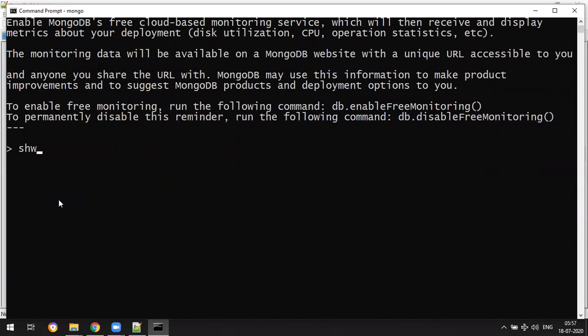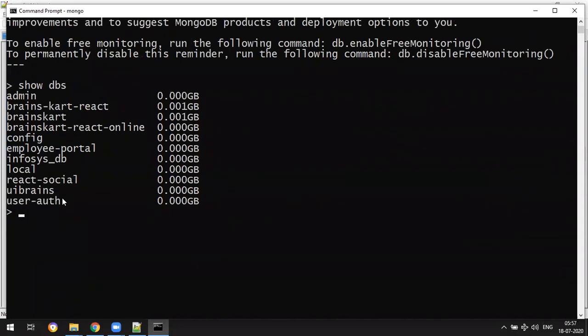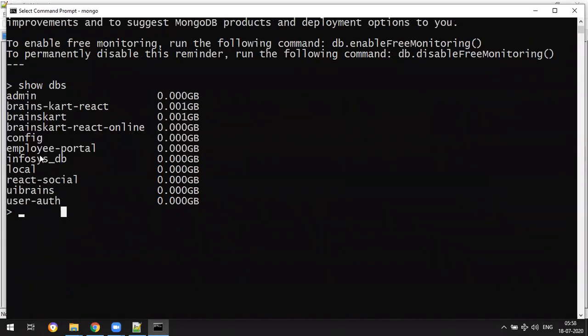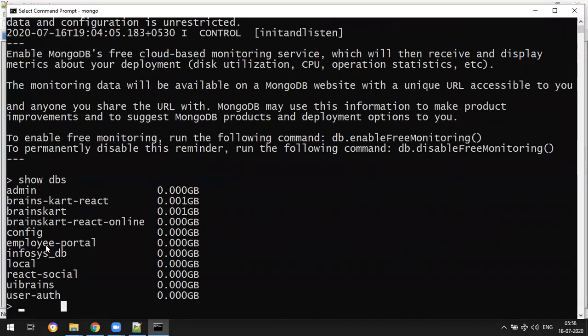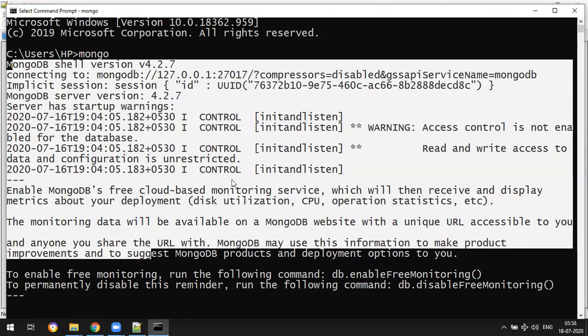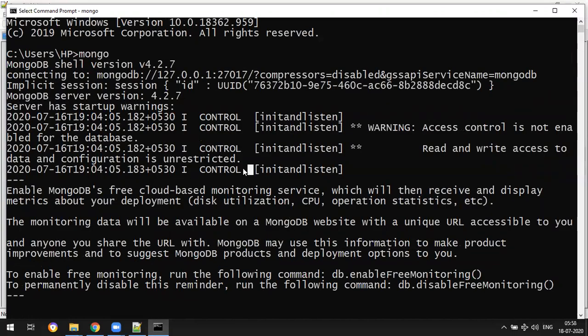You can write some commands like show dbs. It lists out all databases available. Okay, so I have a long list of databases, right? But sometimes for first time when you install MongoDB, you can't get this. You actually get an error. The error is: mongo is not recognized as an internal or external command. So how to resolve that error is you need to set the path. I'll show you practically how you get the error and how you resolve it.